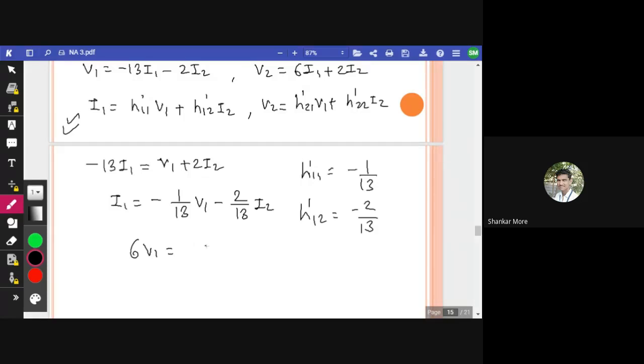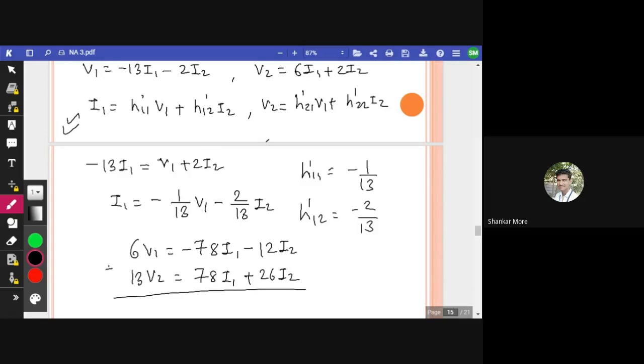All right, okay, so it will be minus 78 i1 minus 12 i2, 6 2 are 12. नाउ इस इक्वेशन को मुझे 13 से मल्टीप्लाई करना है, सो 13 v2 इज इक्वल्स टू 78 i1 प्लस 26 i2. ओके, अभी यहाँ पे सब्ट्रैक्ट नहीं करना है, यहाँ पे ऐड करना है, क्योंकि ये ऑलरेडी नेगेटिव है, सो नेगेटिव नेगेटिव कट जाएगा। सो 26 में से 12 अगर जाता है तो बचता है 14 i2